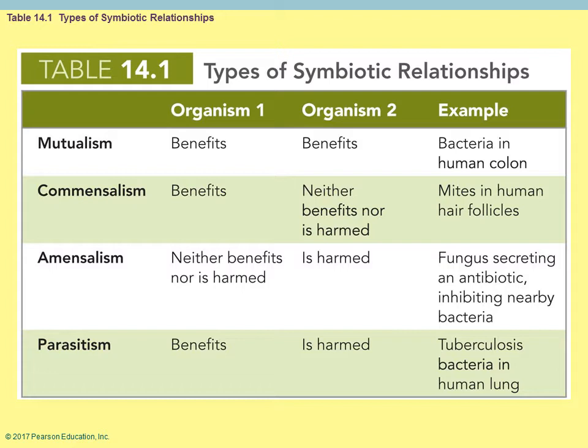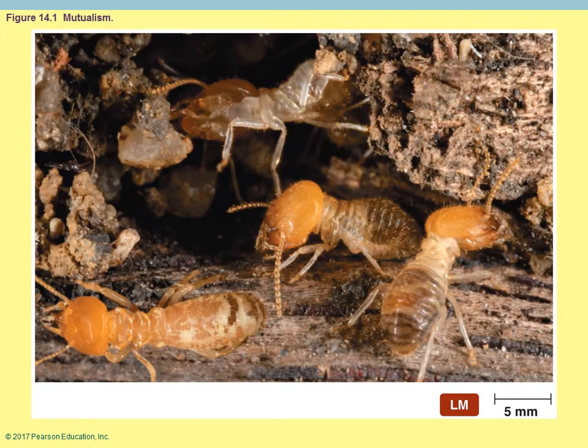Commensalism is when there is a benefit to one organism and the second organism doesn't really benefit, but it doesn't harm it. It can take it or it can leave it. It's not hurt, it's not benefited. Then there's the third type, where the second organism, however, is harmed in that symbiotic relationship. And then the fourth type is parasitism. This is where one organism is benefited at the expense of the other one. So one is helped and the other one is hurt in the relationship.